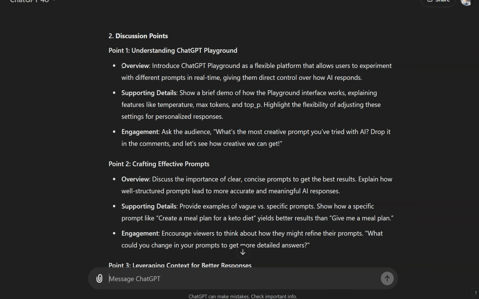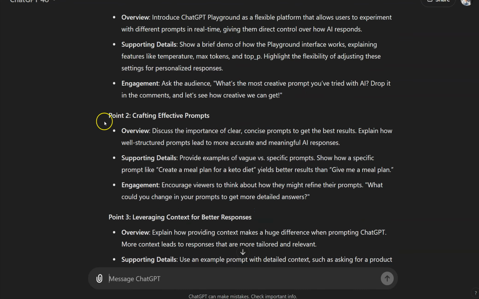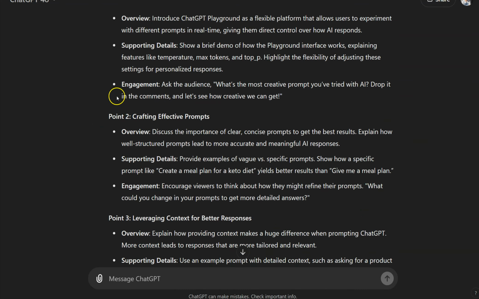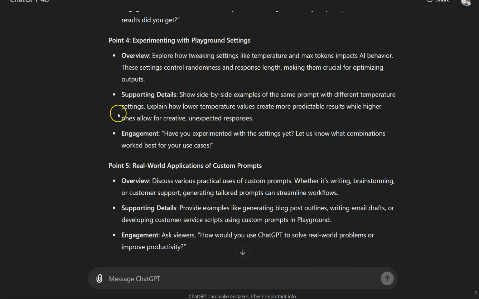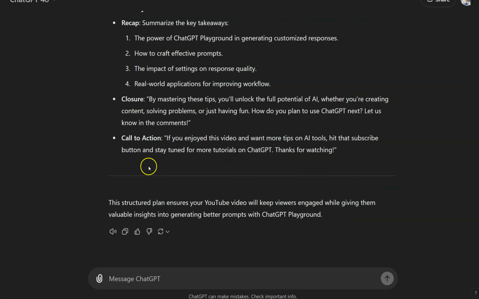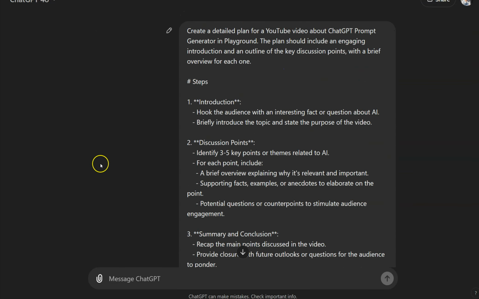Discussion points, understanding. So you don't need to see, you don't care about the actual video detail, but so here you go. It breaks it down into the discussion points, point 2, point 3, point 4, point 5, summary and conclusion. So we hit the conclusion, and there you go. So you've got, well, how about we use